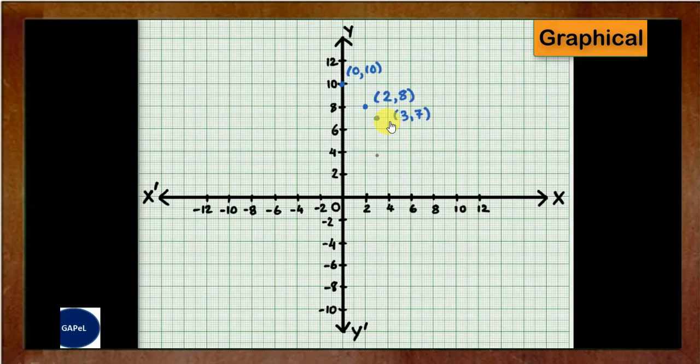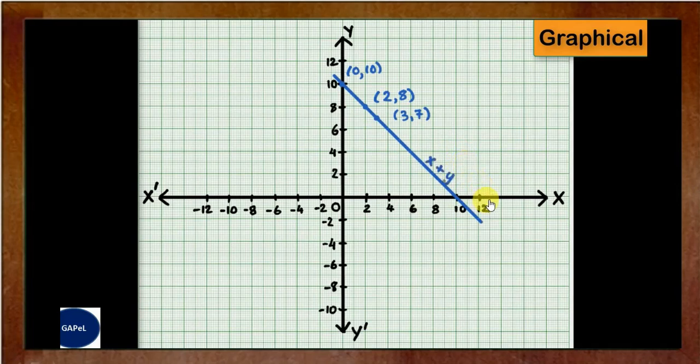Why 3 points? Because the line has to come out straight. If you take only two points, it will always be straight. The third point will act as a check, and if the line passes through the third point, then your equation is correct. So now I will be drawing a straight line passing through these 3 points, and this is my first equation, which was x plus y equal to 10.